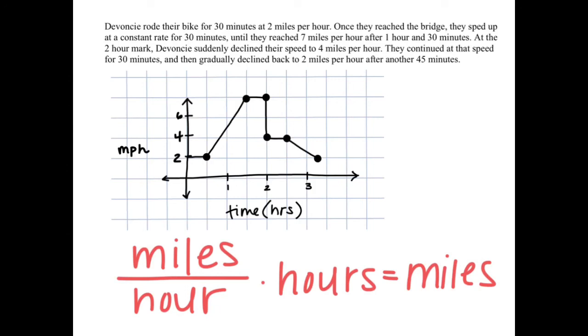But when you find your area under the curve, what unit will it be represented in? It will be represented in miles. Miles per hour is miles over hour. And then, when you multiply that by your time, which is on the x-axis, you're left with only